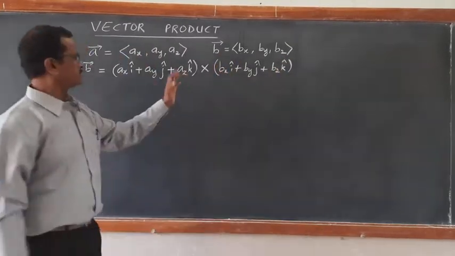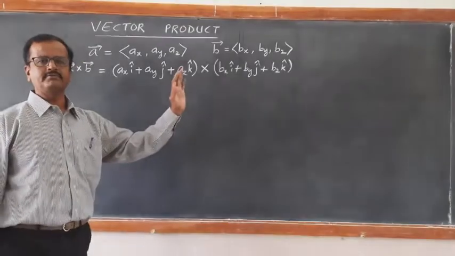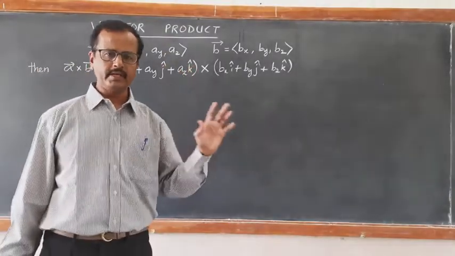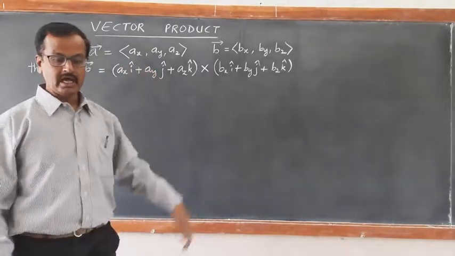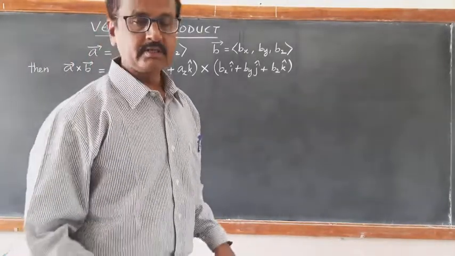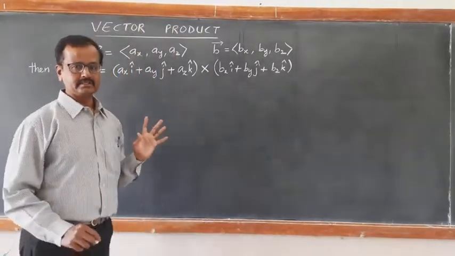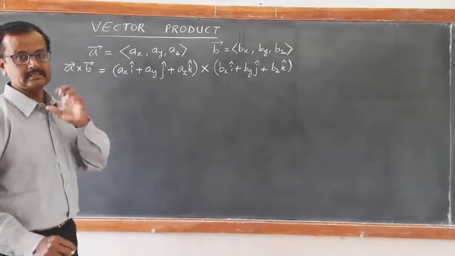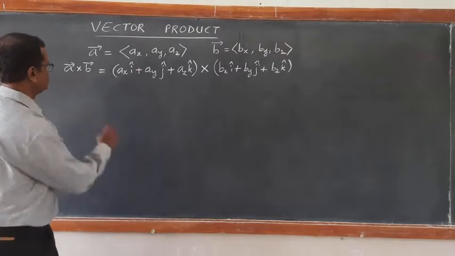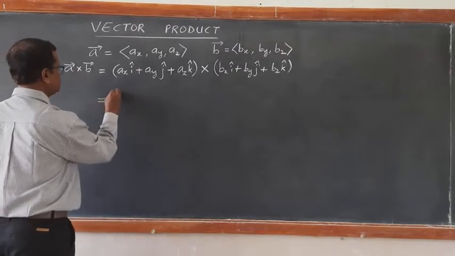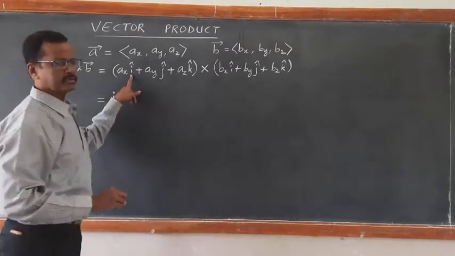So we have analyzed using the distributive property. We have got 9 terms, and in the last term the video was incomplete, so I am writing directly the last term. How is it? Just see. There is a trick in this. First, you write the i component.